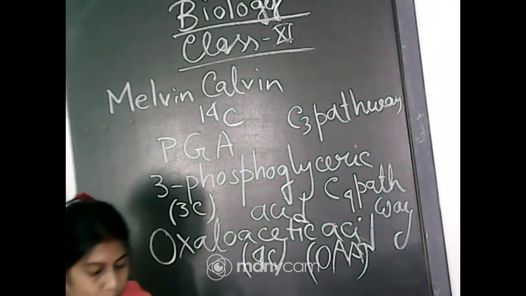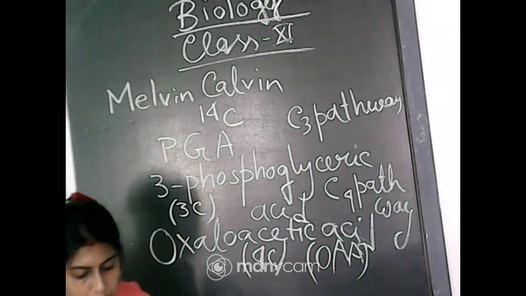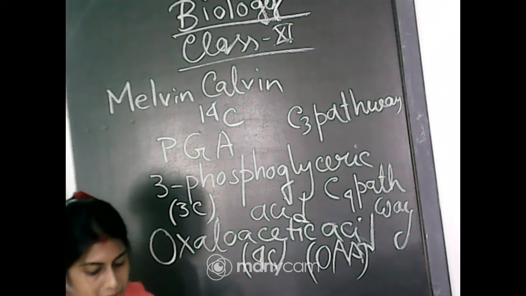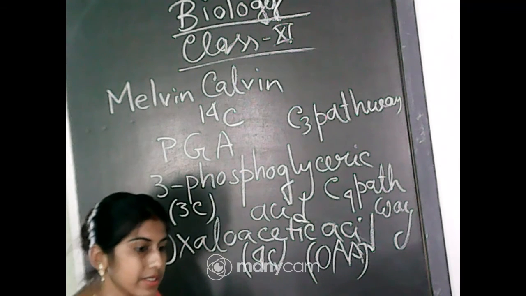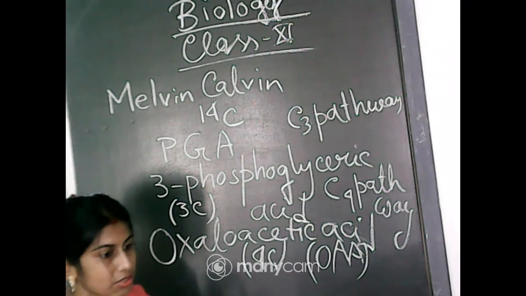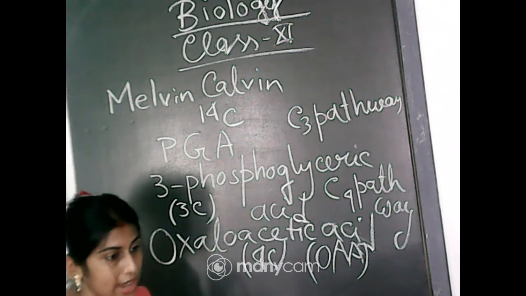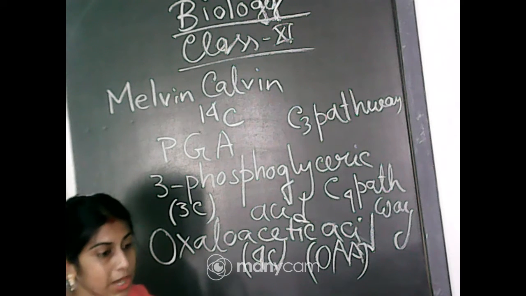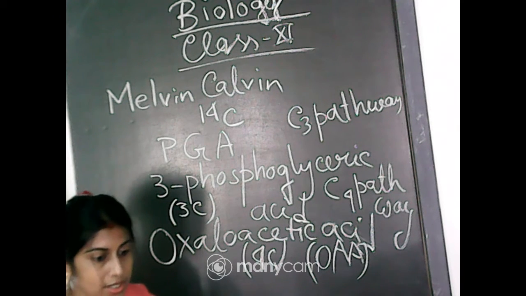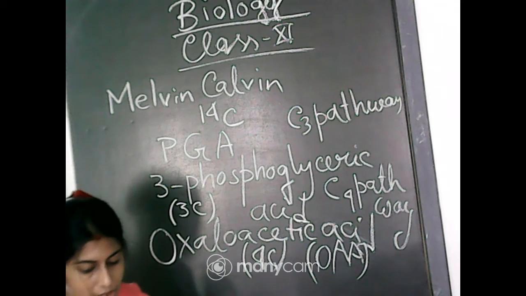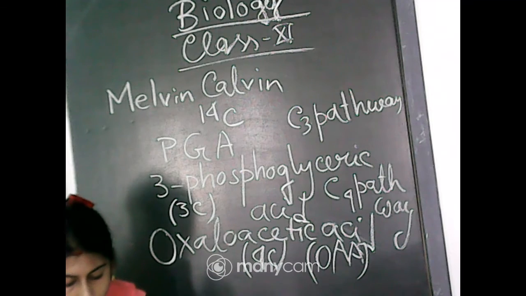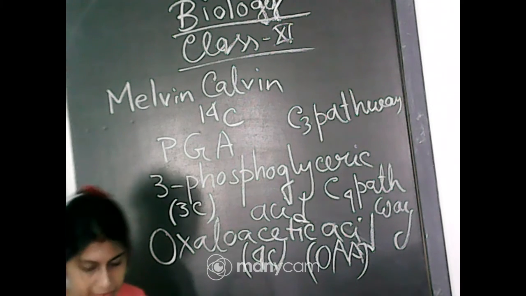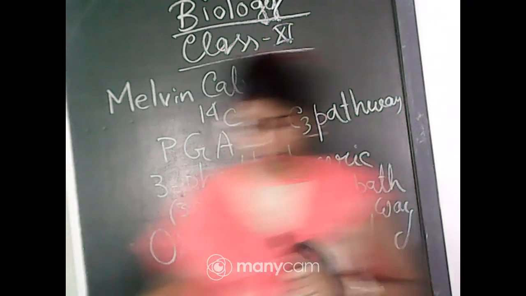Okay, so these 2 groups of plants showed other associated characteristics that I will discuss later. That means there are some differences between C3 and C4 plants. C4 plants have a special leaf anatomy, by which they perform this Calvin cycle. First, I will discuss the C3 pathway, or the Calvin cycle.